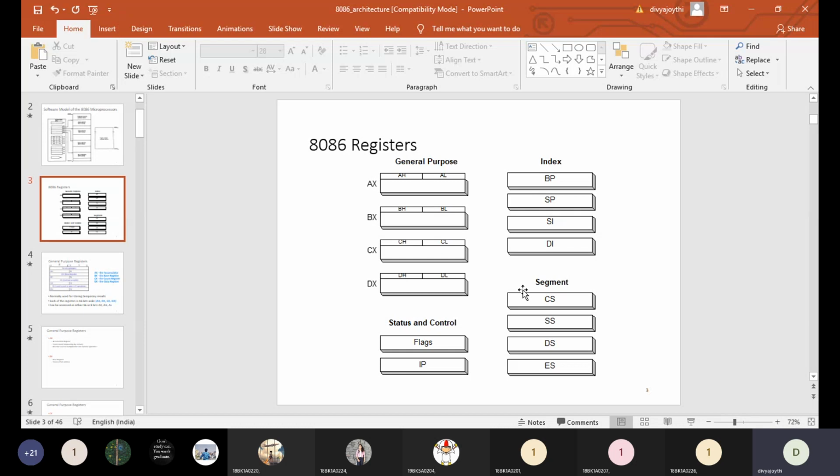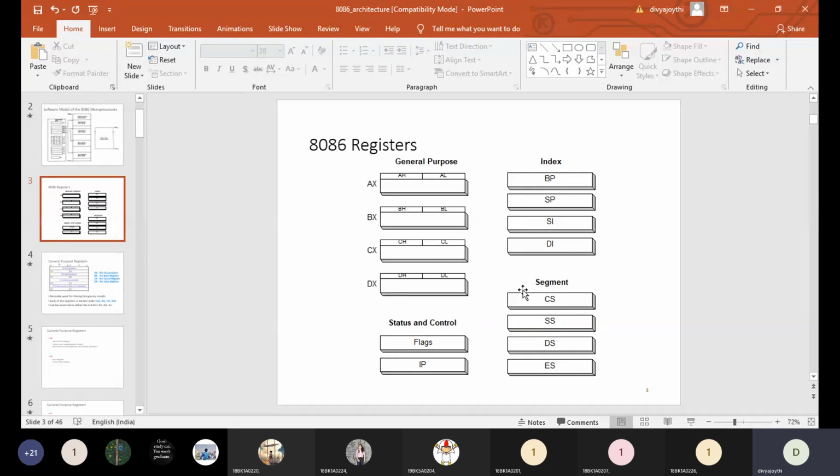Just try to realize that 1 MB of memory is equal to our library. Total 1 MB is our total library. Now, this 1 MB of memory is divided into 16 segments. Our library has nearly about 6 to 7 rows. So 1 MB is divided into 16 segments and the library is divided into 6 to 7 rows.